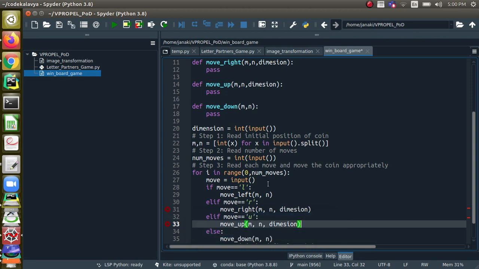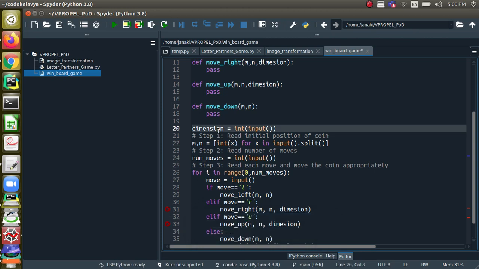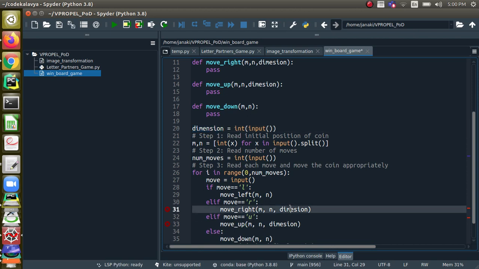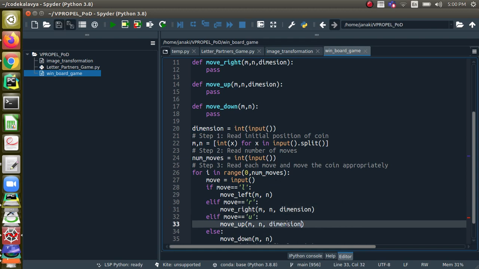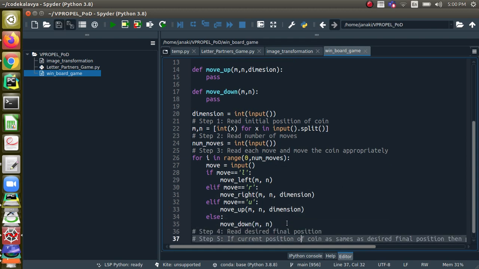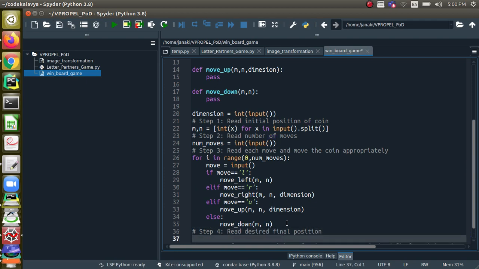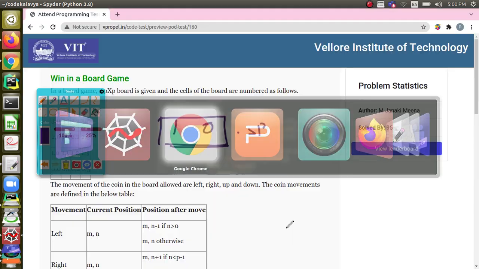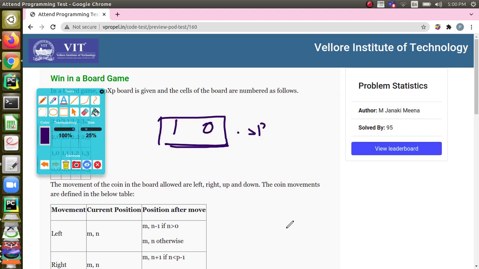Let us see dimension. Yeah, here is the dimension. Okay, I think there is a spelling mistake. Yeah. So the moves are made, and then you are going to read the desired final position, right? And how will it be given? In the same way, right? Like this only it's going to be given.